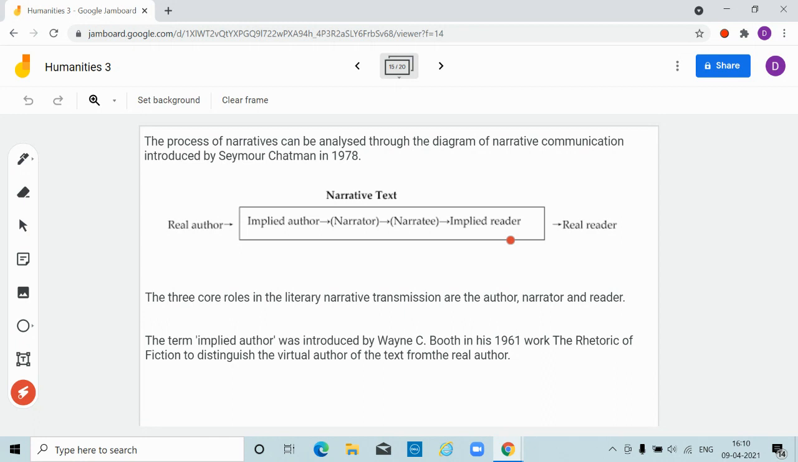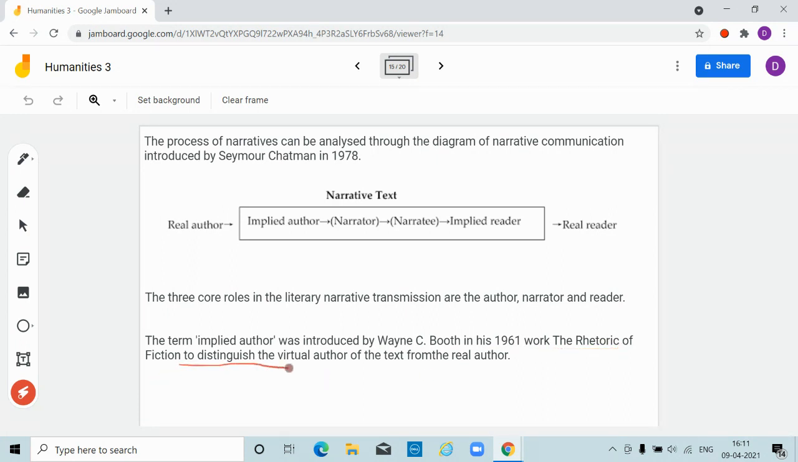But according to Chapman, there are other factors that come into play: the implied author and the implied reader. Before we analyze this diagram any further, we have to understand what the term implied author actually means. This term was introduced by a literary critic, Wayne C. Booth, in his 1961 work, The Rhetoric of Fiction,